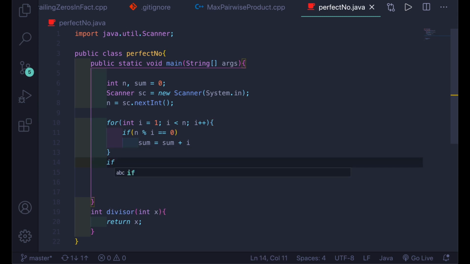Outside the for loop, we'll keep an if statement.